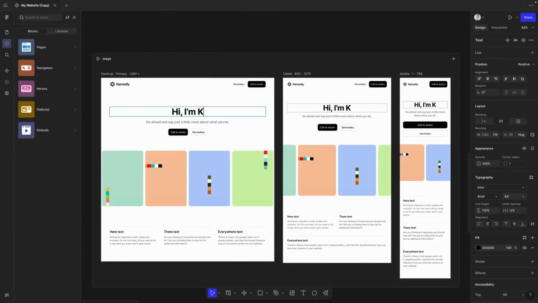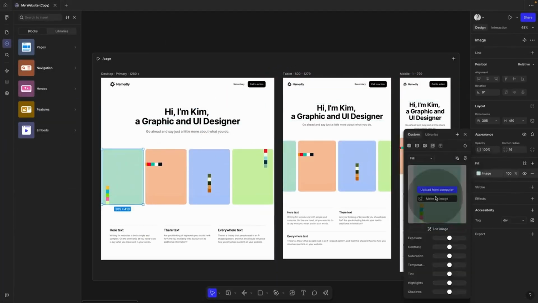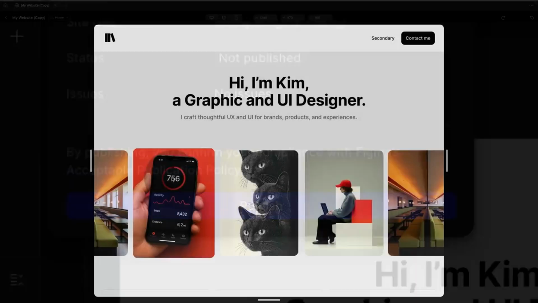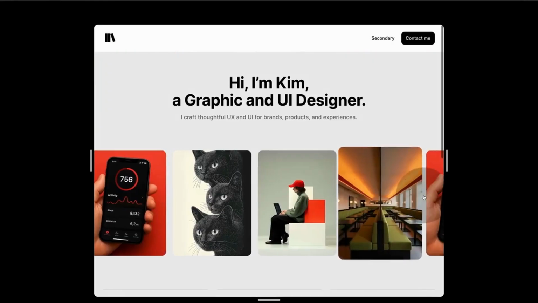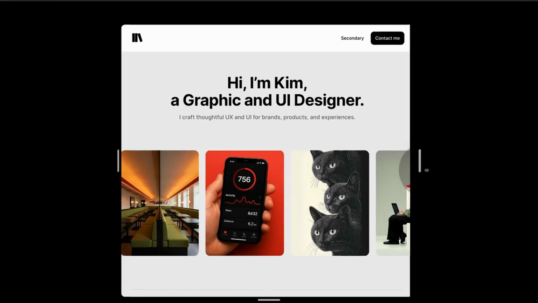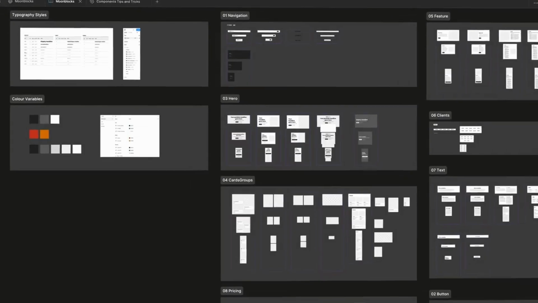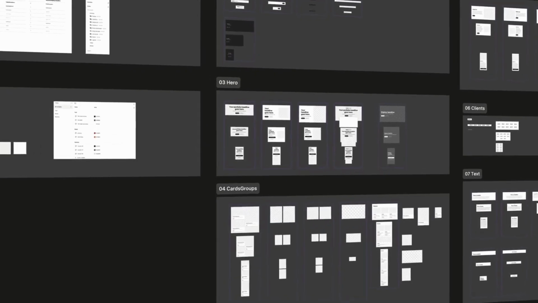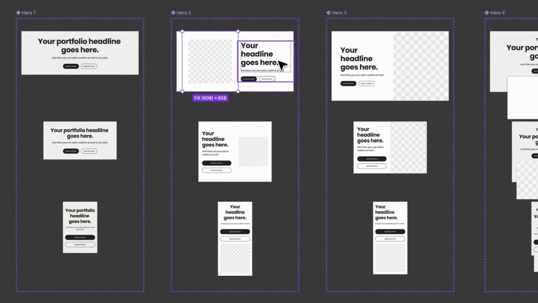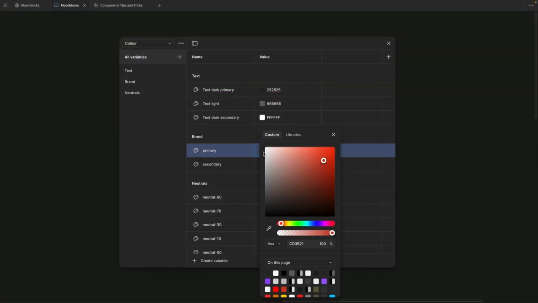With Figma Sites, you can design and publish your entire website all from within Figma. No code, no dev, no complicated stack. Just drag, drop, design, and go live. You can even set up shared libraries so your team uses the same blocks, colors, and styles, keeping everything consistent